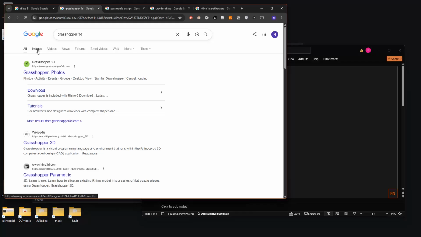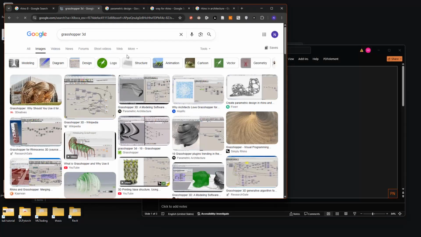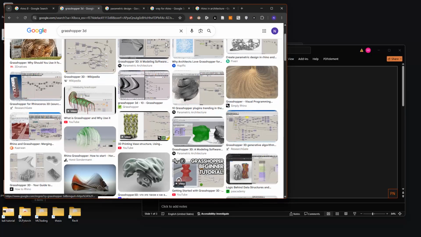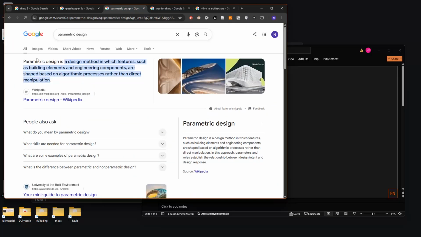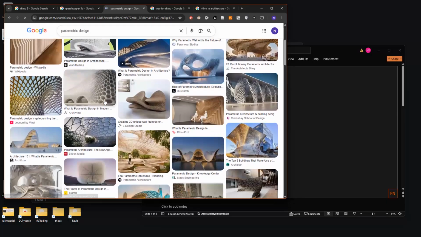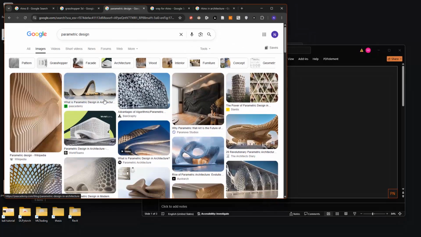So you can also search for Grasshopper 3D. This is a very useful plugin that comes with Rhino, and you can use this for your parametric design and some analysis, like energy analysis, that we are going to work with in this channel in future videos. And also you can search for parametric design, know what it is, and you can see some pictures to get